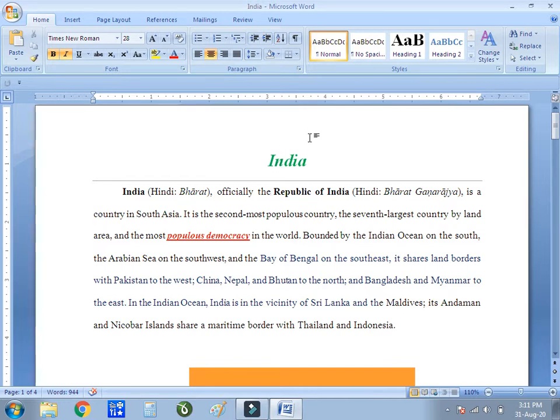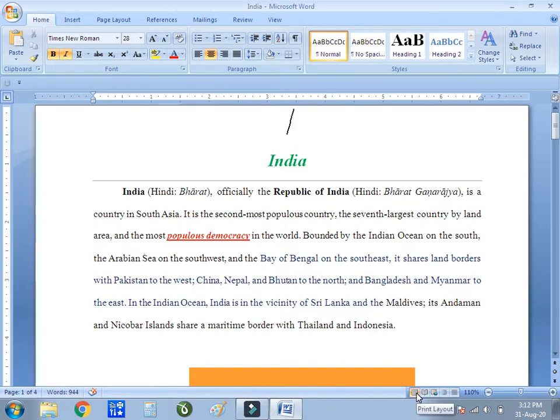Once you open Microsoft Office Word, you will find a window like this. In this window, on the top side, different options will be available like Home, Insert, Page Layout, etc. We will see all this in brief. Then on the bottom side you will find the total page numbers in your file. Currently in my file there are 4 pages in total, and how many words? A total of 944 words are available right now.